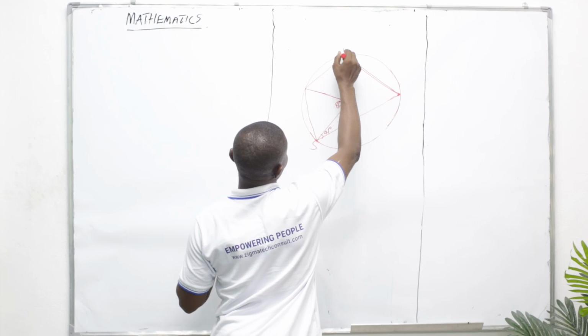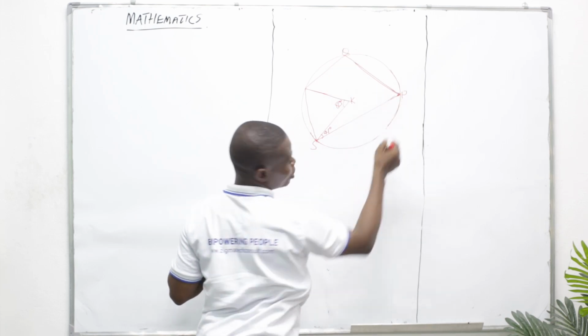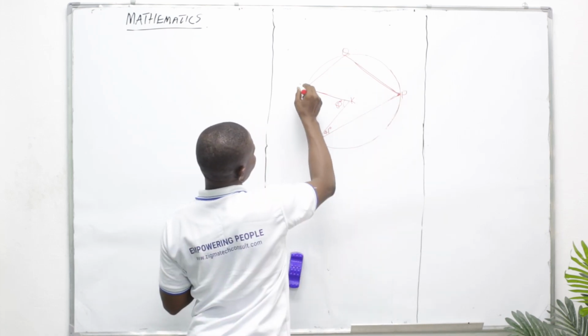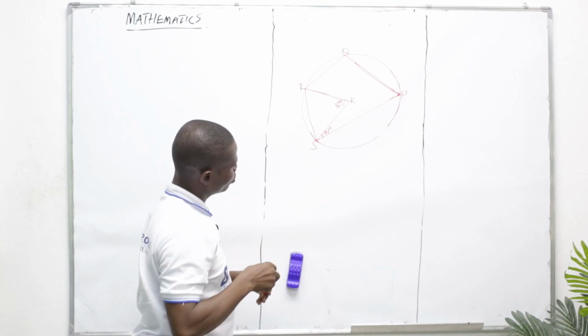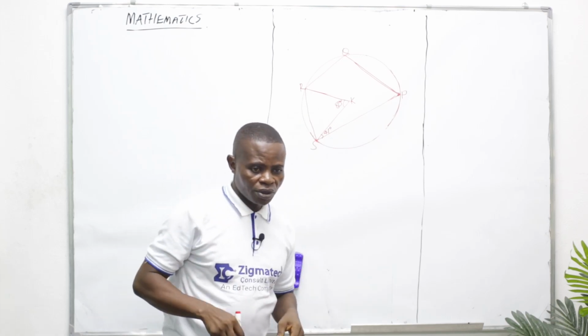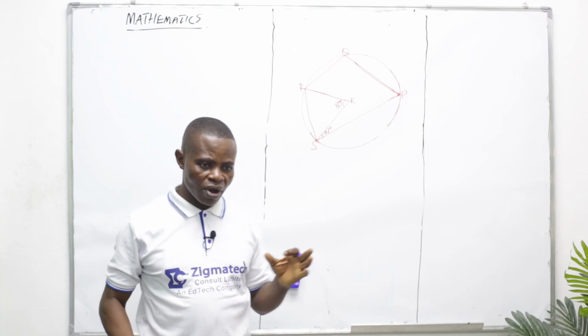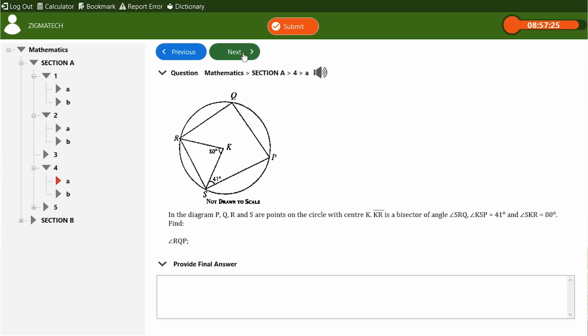This is Q. This is P. And this is R. If you watch, triangle RKS is an isosceles triangle. Look at that triangle very well. It's an isosceles triangle. So as a result,